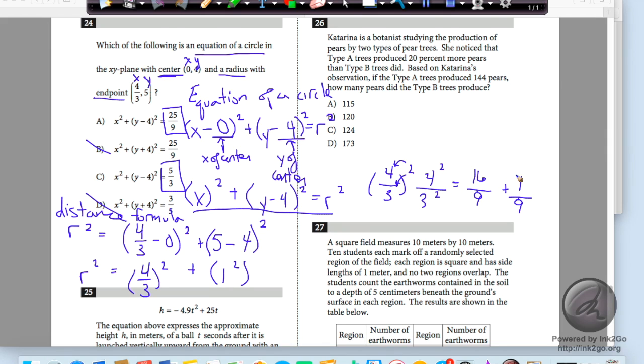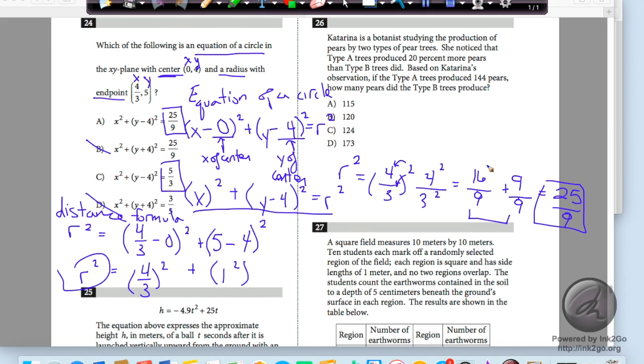And if 1 was here within the top of the numerator, I would then make this a 9 to make the 9 over 9 still equivalent to 1. Now, 16 plus 9 is going to give me 25 over 9. My answer should have something to this extent, being the r squared, because that's what I solved for in the first place, right? I took the r squared, and then I was able to simplify these things by solving for the common denominator here, right? I first had to solve this through, distribute the exponent, then solve for through the common denominator,